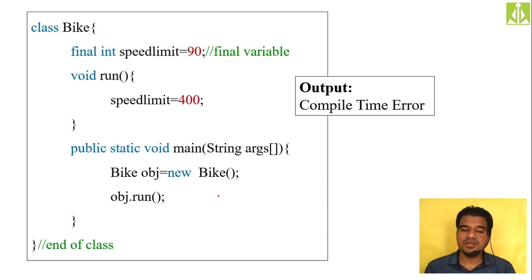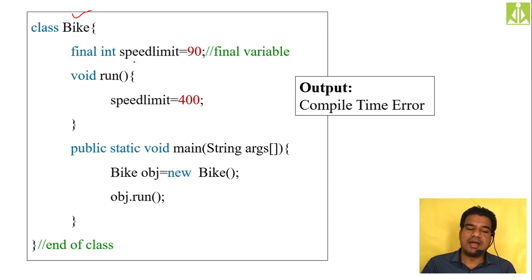Okay, so here you can see a normal program I have written, a normal class I have written. The class name is bike. Okay, my class name is bike, and in that class I'm taking a normal variable. It is not static. It's a final variable, but a normal final variable. Okay, so you can access this normal final variable anywhere inside your class. Don't think of static, non-static contexts over here. They are independent of that thing.